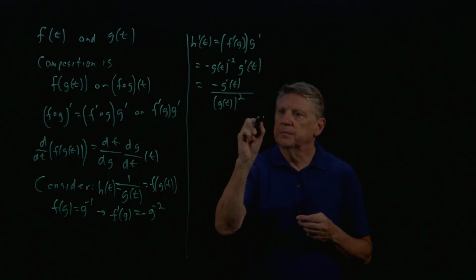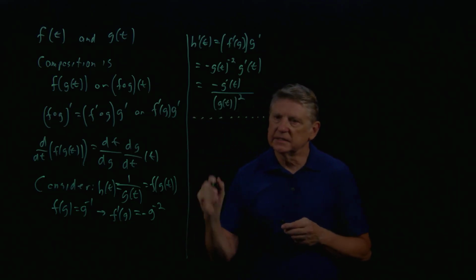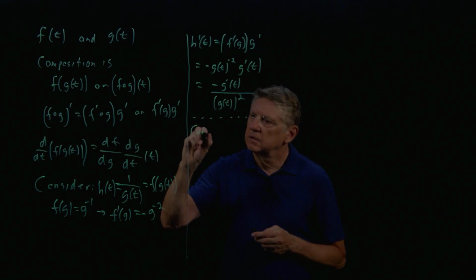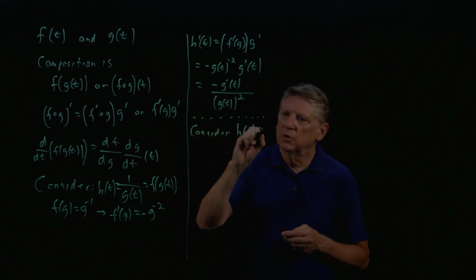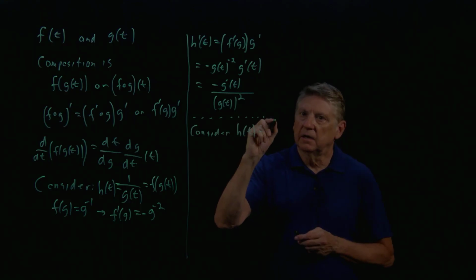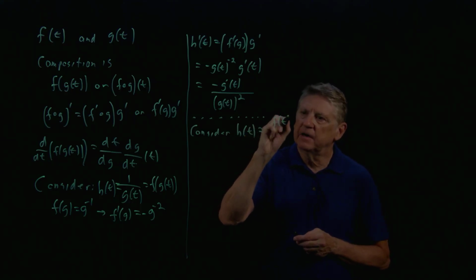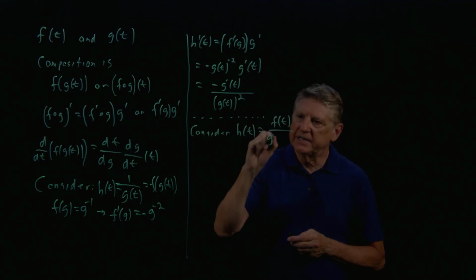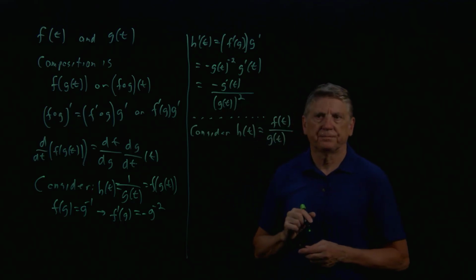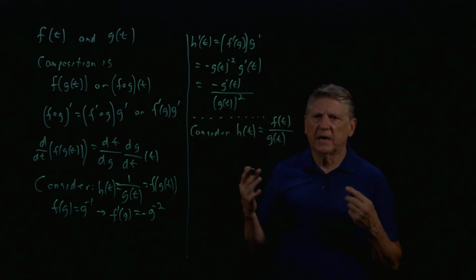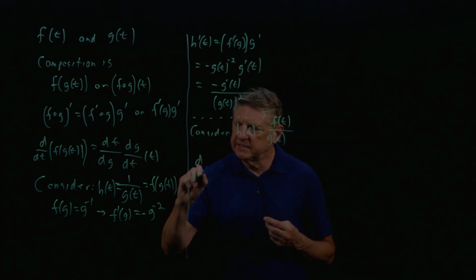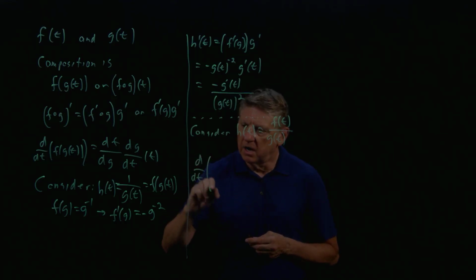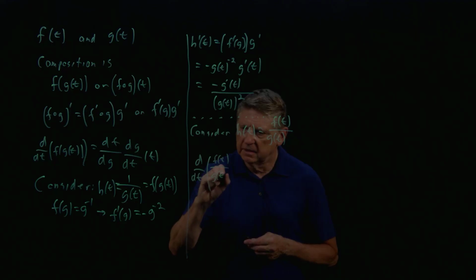So now let's consider h, which is f of t divided by g of t. And if we apply the chain rule, the derivative with respect to t of f of t over g of t